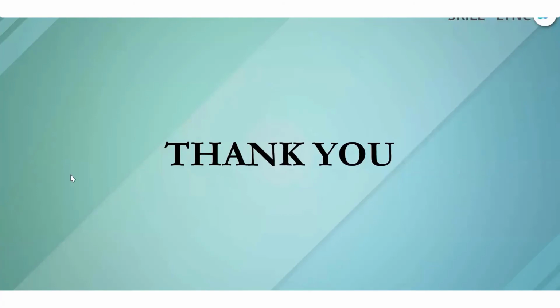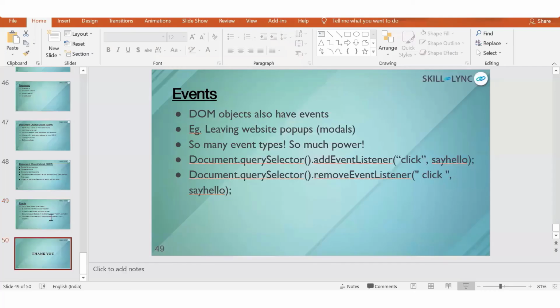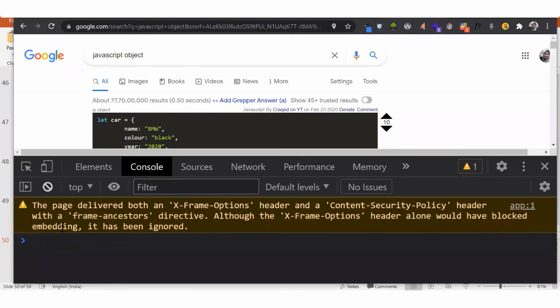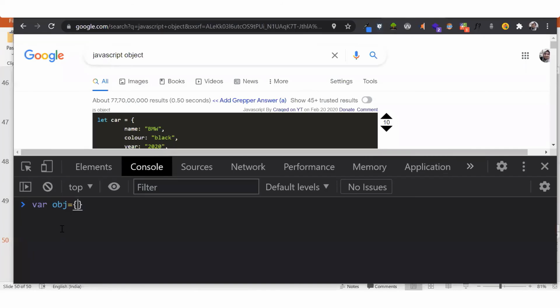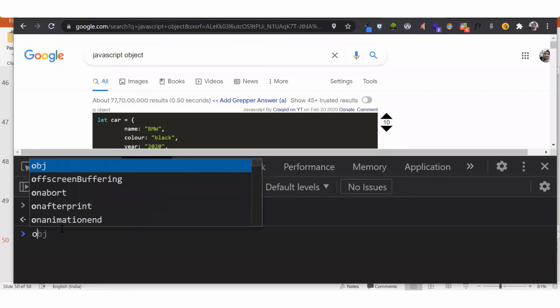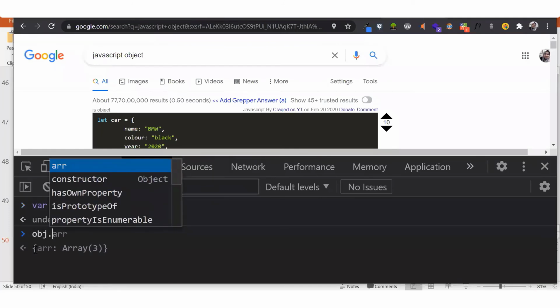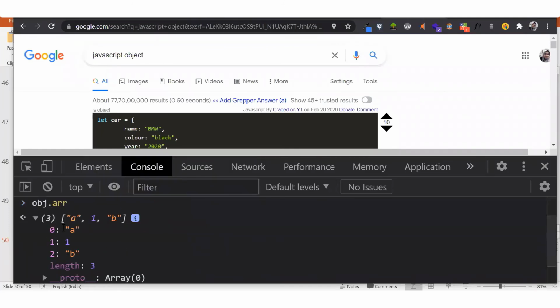So again, going back to the console, if you have our obj, within an object you can add objects. Within an object, you can add an array. So arr, and then I'm putting a, comma, 1, comma, b, anything. And this is absolutely fine. What you can do is obj.arr, and now you are getting this array of a, 1 and b, whatever you have defined.